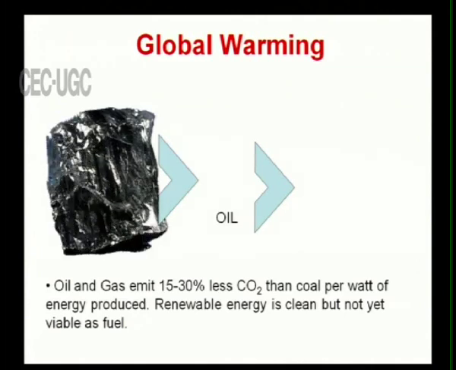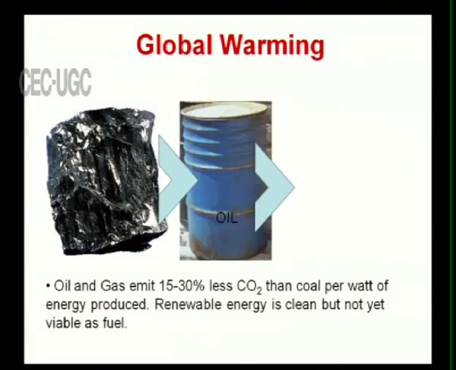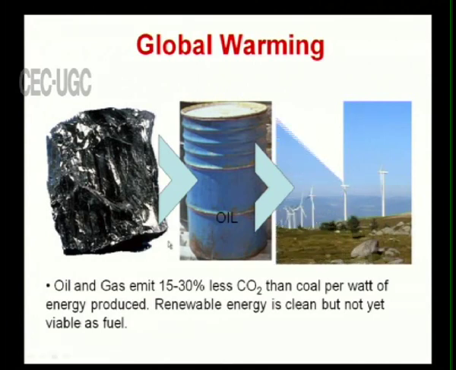And then they are causing global warming also. See the coal and the petroleum: oil and gas emit around 15 to 30% less carbon dioxide than coal per unit of energy produced. Even though the oil and gas emit some 10 to 30% less carbon dioxide, they still cause serious damage to the atmosphere and global warming, because of the carbon dioxide that is emitted into